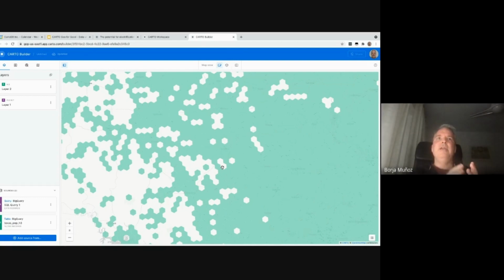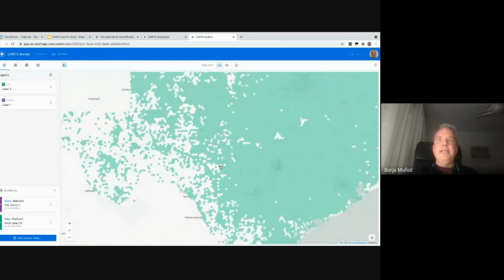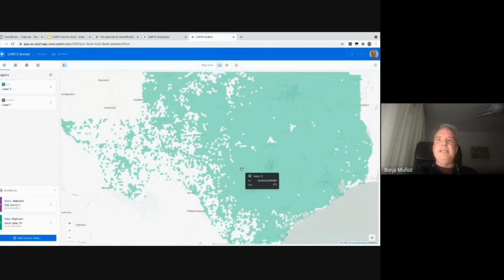In this case, I think the hexagons are using resolution 6. So what I'm doing here is to represent the hexagons. And if you see, for each hexagon, we have two different columns. The first one is the H3 index that identifies uniquely the hexagon. And then we have another column that is the pop, representing the population, the number of people living in this